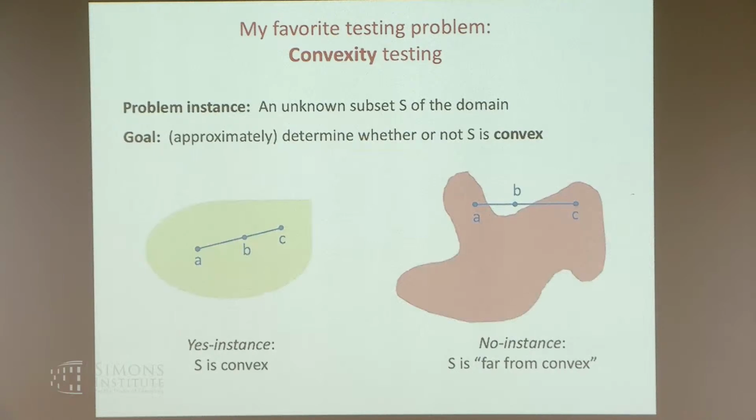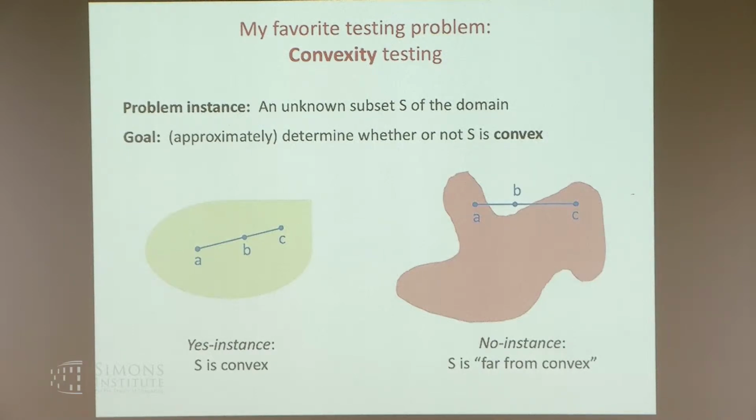Again, we should think of the problem instance as being the same way a Boolean function, the input for regular Boolean function property testing, is really just a subset of the domain. That's what a Boolean function is. We're going to think of the problem instance as an unknown subset of the domain, and we're just trying to test whether this subset is convex. Okay, so here's a drawing of a convex set. What does convex mean? It just means if you have 2 points like A and C,